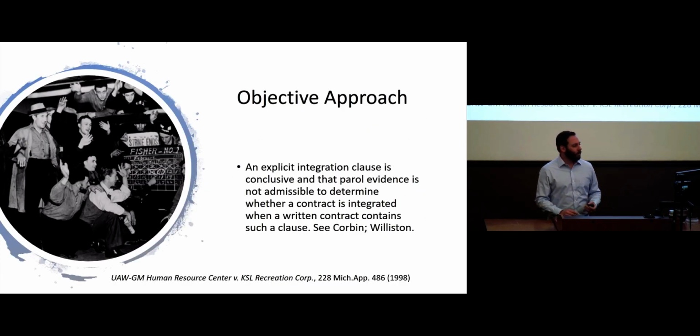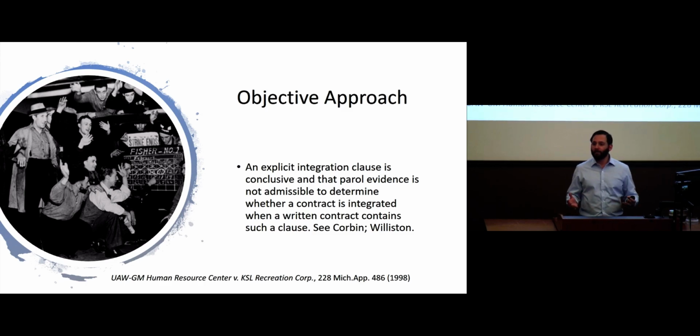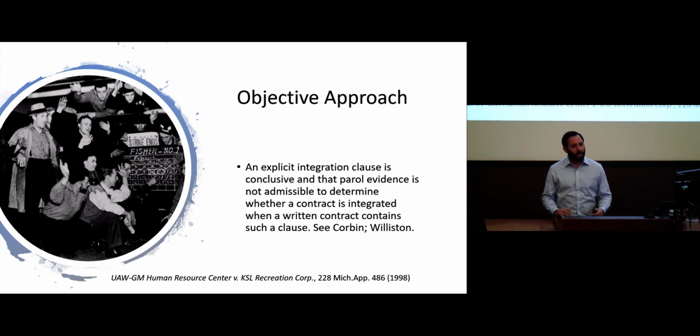How do we determine whether or not a contract is integrated? Well, one thing to do is read the contract. And similar to our discussion of extrinsic evidence, courts that take an objective approach will generally stop if the contract is clear and unequivocal, mainly if it has an integration clause. If a contract has an integration or a merger clause, courts that take an objective approach, which includes the case of United Auto Workers, as well as the approach taken in Pennsylvania courts, if a court takes such an objective approach and there is a clear and unequivocal merger clause, the court will stop there and determine the contract is